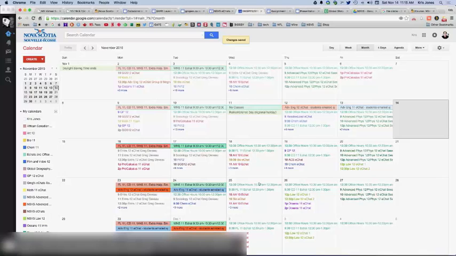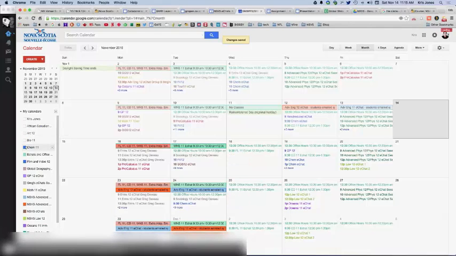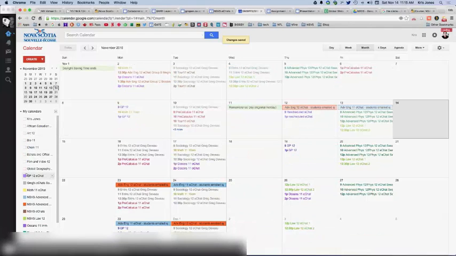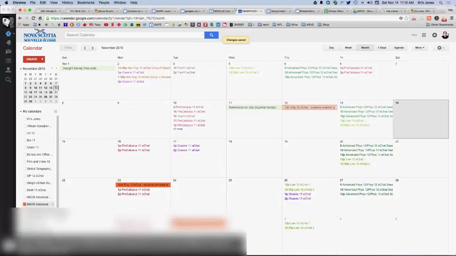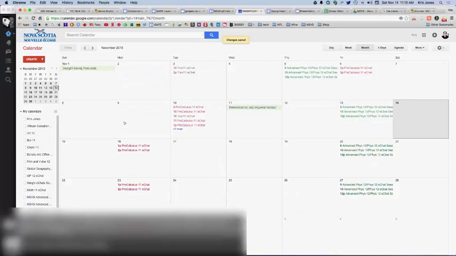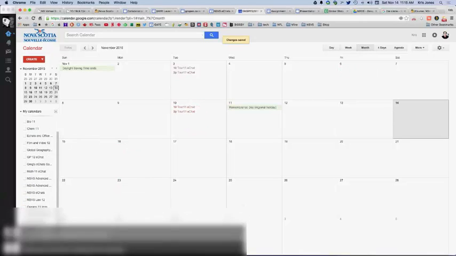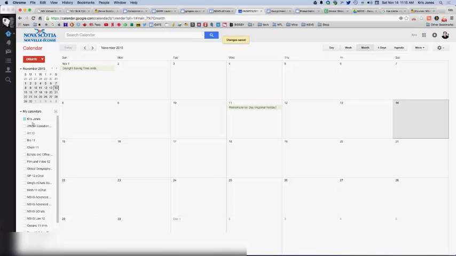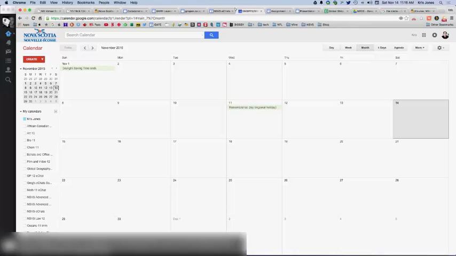Now, there's a lot of information on this calendar right now. And if I don't want to see all that information, I can turn all these calendars off. Right? And as I take away the colors beside these calendar titles, you can see that all that information is disappearing. And I should see just the Chris Jones calendar now. Now, if Lael was to open up that link and add in a date, we would see it populate live in my calendar. And she could schedule a meeting time with me,